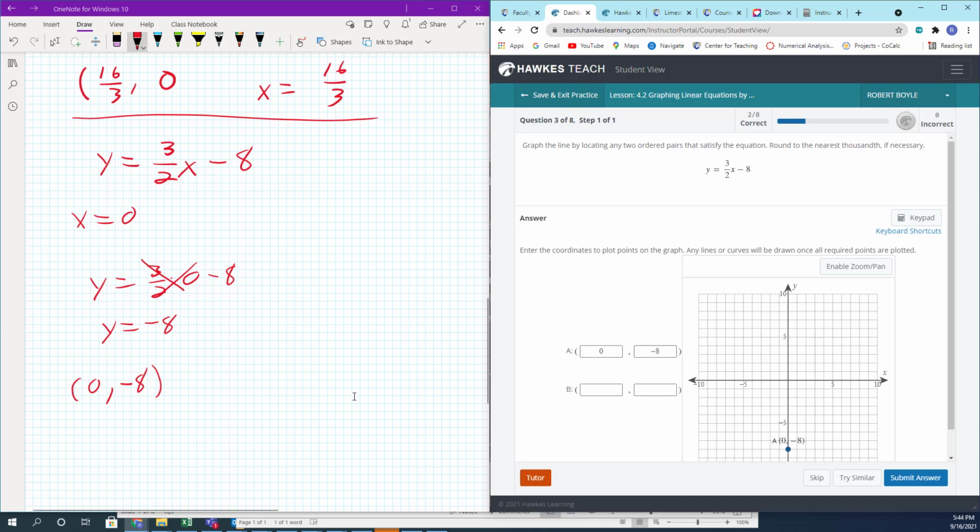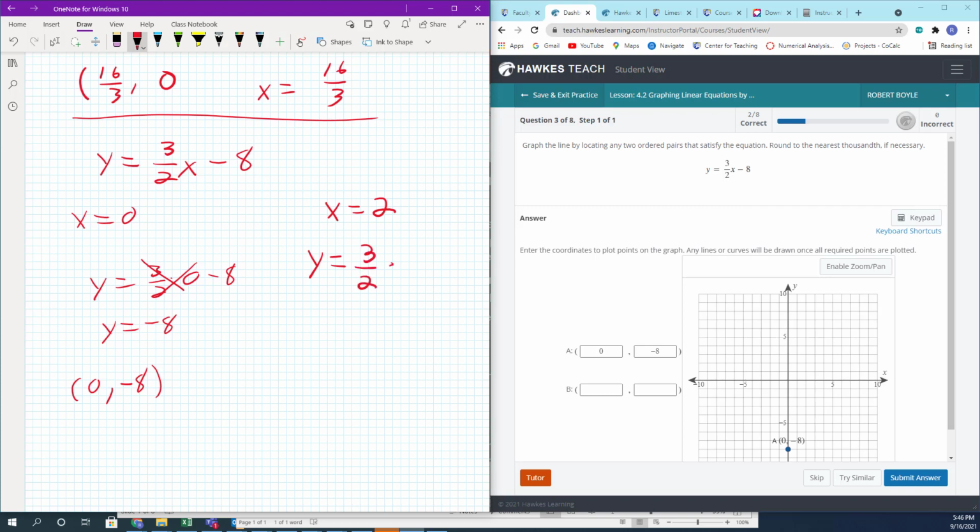Now for the second point, and there's our point. I would ordinarily recommend that you just let y be equal to 0 and solve for x. But in this case, I think it might be better if we let x be equal to 2. It's okay if we just find another value for x instead of 0. Because if we have that, then we're going to have y is equal to 3/2